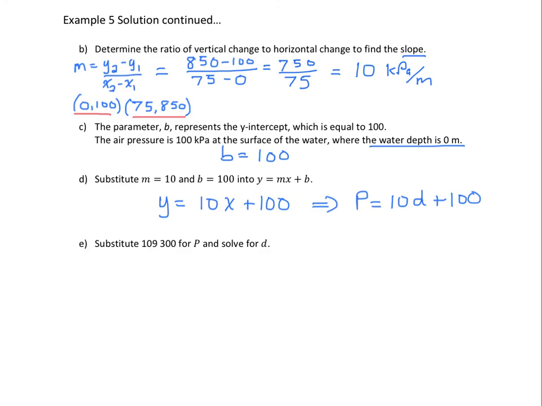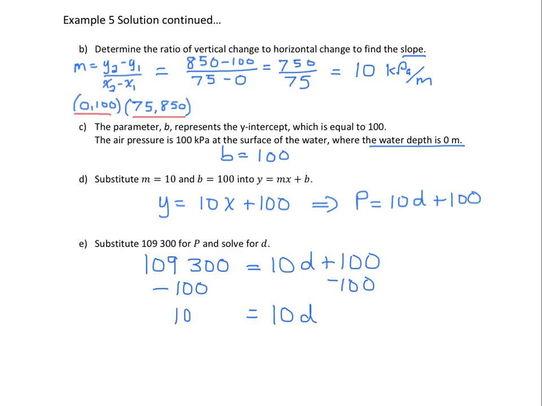Finally, in part E of this example, we want to solve for d when the pressure is equal to 109,300. So we sub 109,300 into our formula for p. We have to solve for d now. So we're going to subtract 100 from both sides, and we're left with 10d on the right side and 109,200 on the left side. Finally, divide both sides by 10, and your depth is equal to 10,920 meters